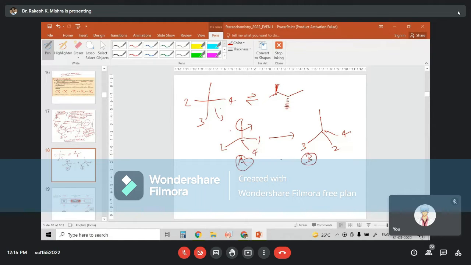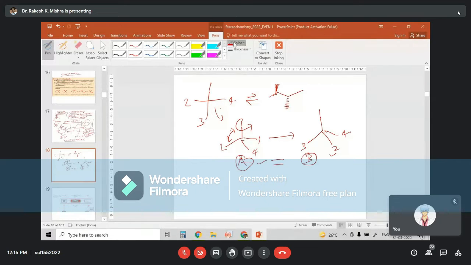So I am just rotating here. Rotation will not change the configuration. You are telling this is a different molecule, this is different. No, this A is equal to B. When I am breaking the bond here, I am just exchanging. Like, what you do here,